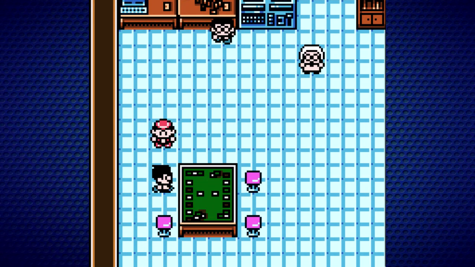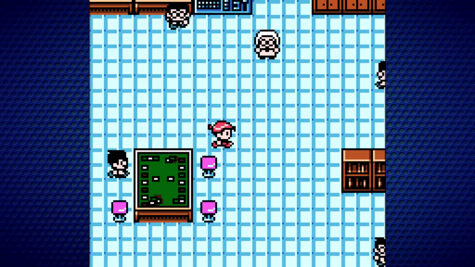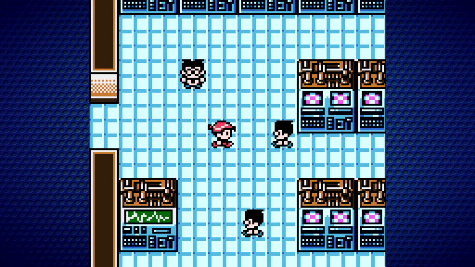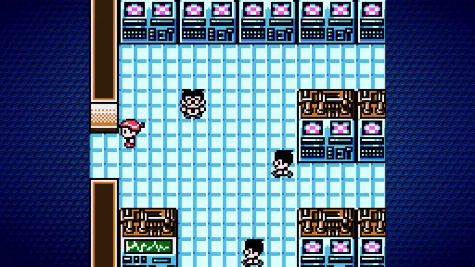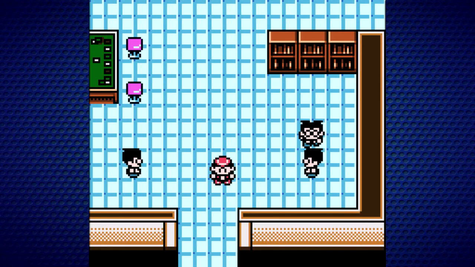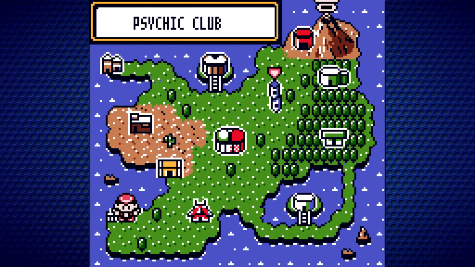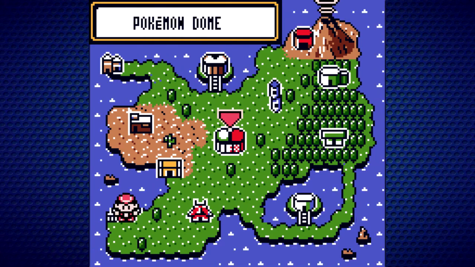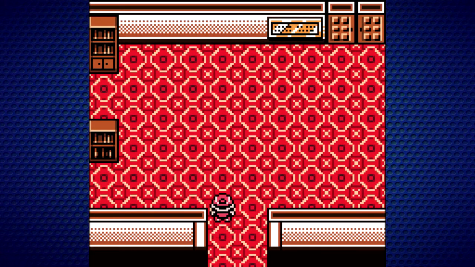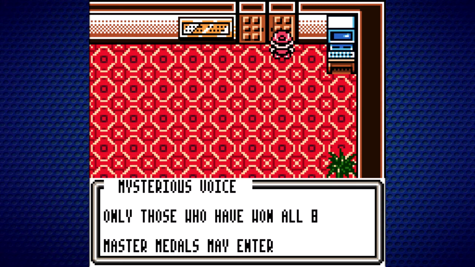Ooh, well that's pretty neat. Hi Nick, how can I help you? Oh, please Sam. We don't need any more practice. We used all of these metal machines, right? Yeah, we did. Okay, well then let's go to the Hall of Honor real quick. Is there anywhere we didn't go? Did we go to the Pokemon Dome? Is that where we did this? Yeah, I don't think we went to the Challenge Hall, but I think it's just kind of like a play until...